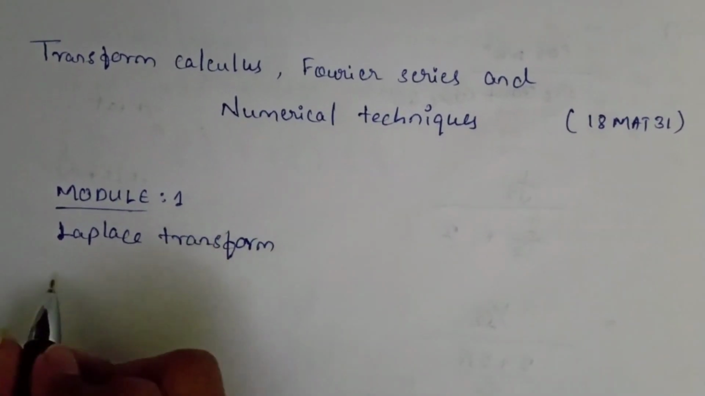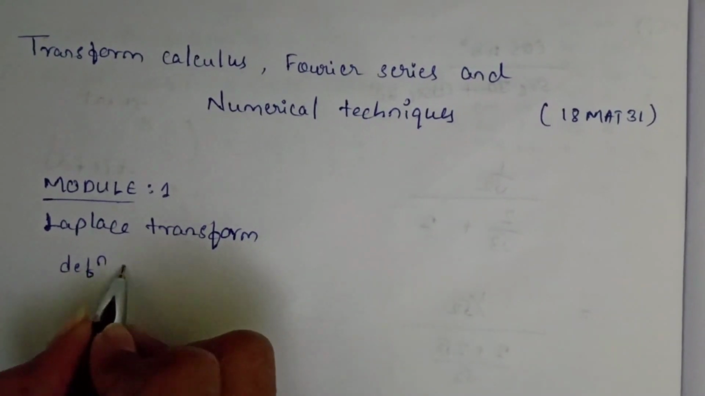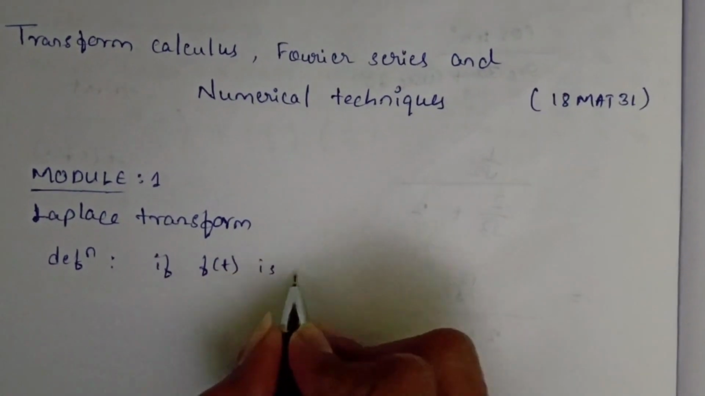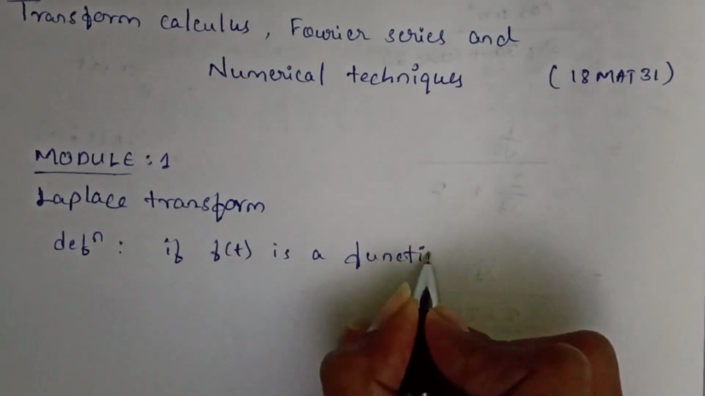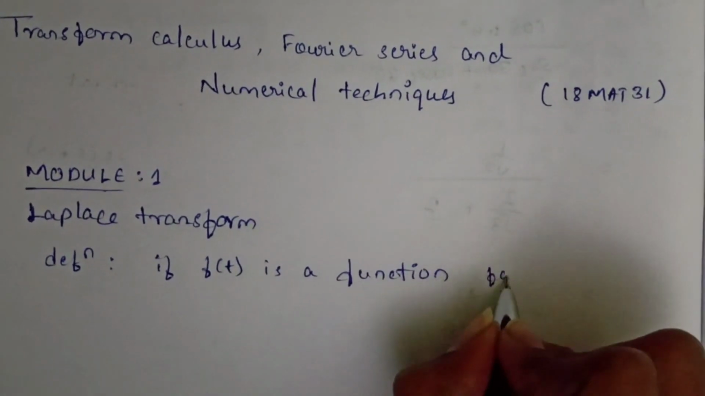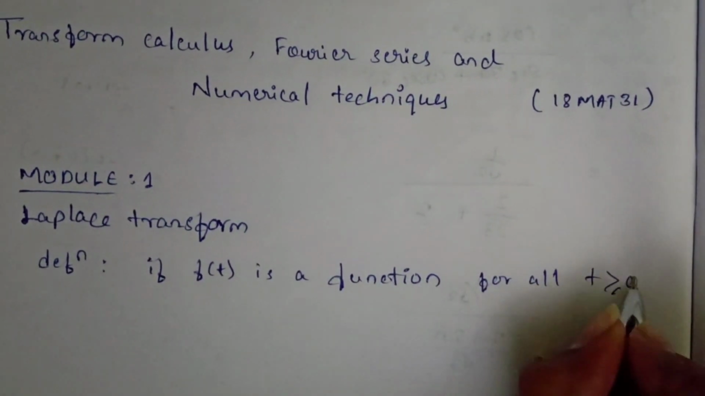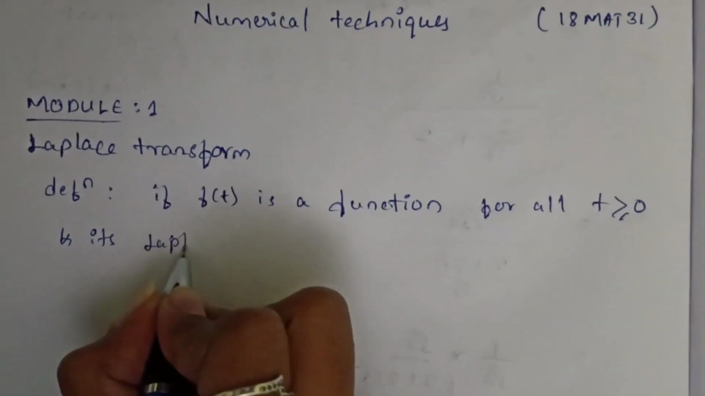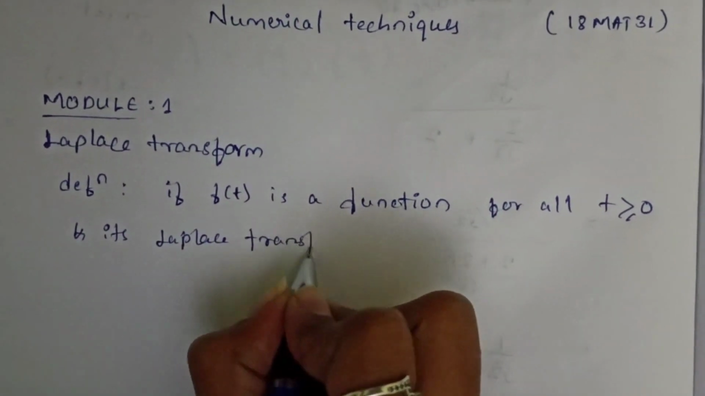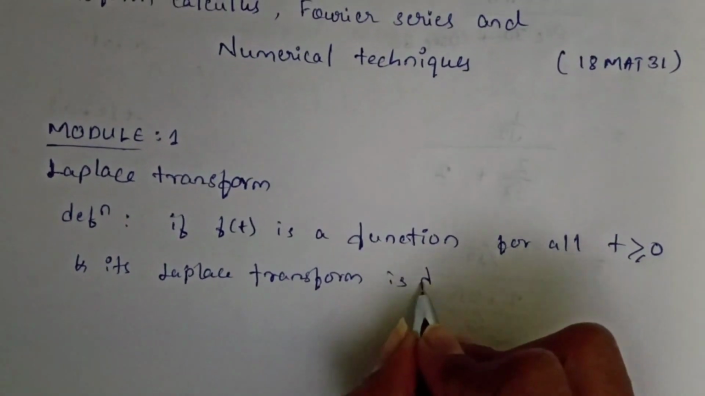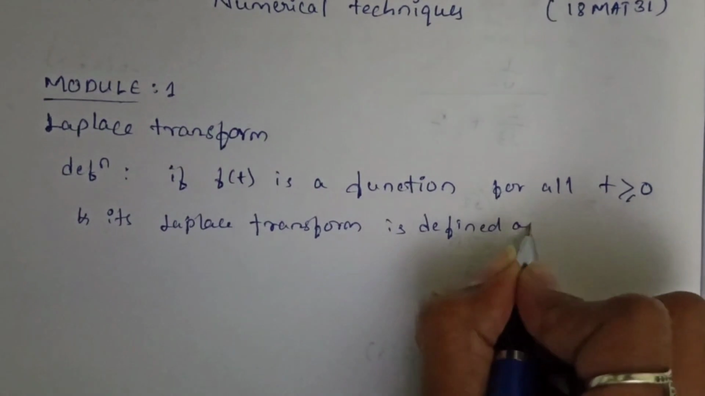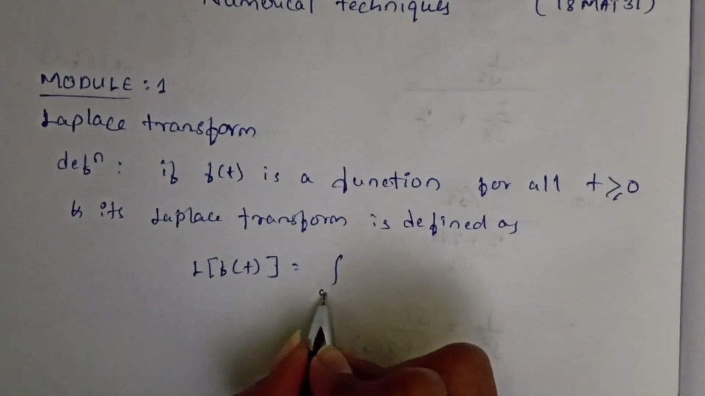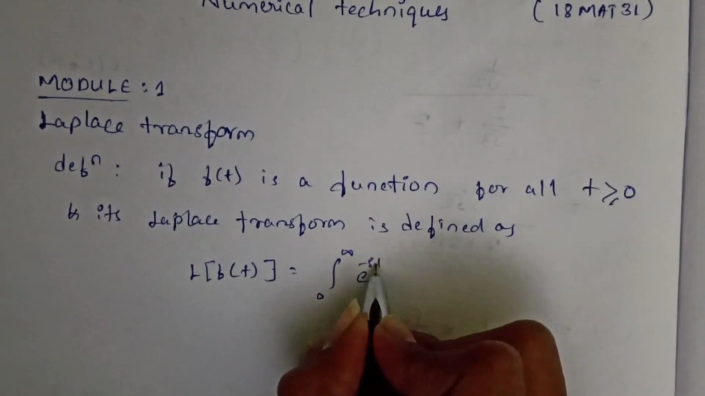What is the Laplace transform? The definition of Laplace transform is: if f of t is a function for all t greater than or equal to 0, and its Laplace transform is defined as, L of f of t is equal to the integration from 0 to infinity of e raised to minus st f